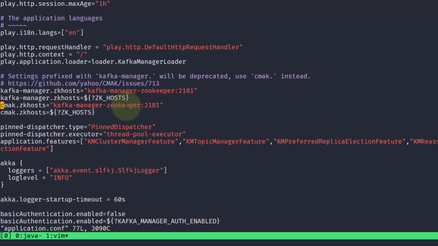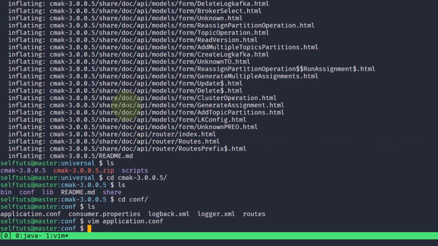Here you need to provide the IP address of your Zookeeper. The Zookeeper I am running is on my local machine, and it has an IP address of 192.168.0.10. This may differ in your case, and you have to provide the IP address of your system where Kafka server or Zookeeper is running. So it is basically the Zookeeper IP address, and since the port is 2181, which is the default port for Zookeeper, I'll just save it.